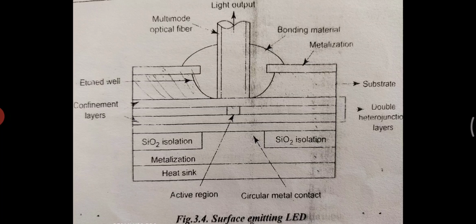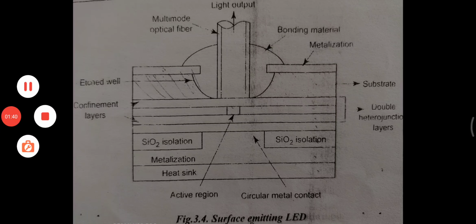The emission pattern is isotropic with a 120-degree half power beam width, and the output of this is a Lambertian pattern. The isotropic pattern from a surface emitter is called the Lambertian pattern. That means the source is equally bright when viewed in any direction. This radiation pattern decides the coupling efficiency of the LED. They allow more power to be coupled into the optical fiber, but they are also more difficult and expensive to manufacture. That is the surface emitting LED.